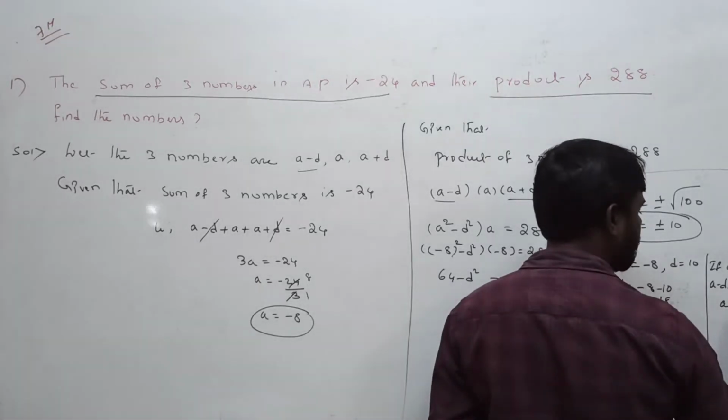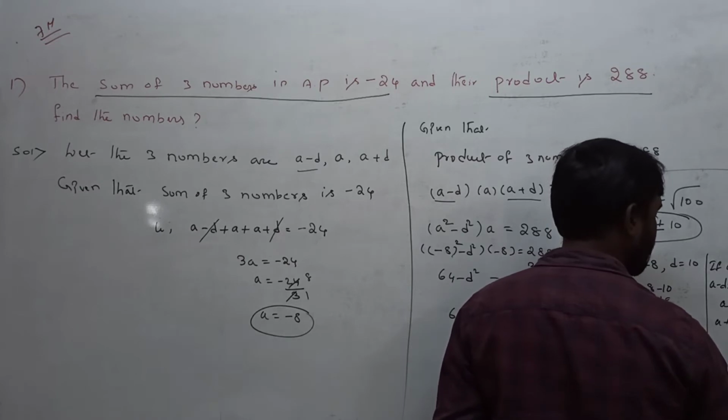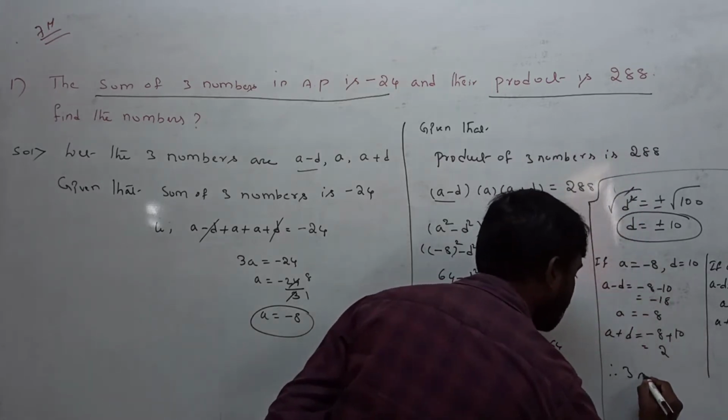A is equal to minus 8. Next, the third number is a plus d: minus 8 plus 10 is equal to 2. Right? Finally, the conclusion: the three numbers are